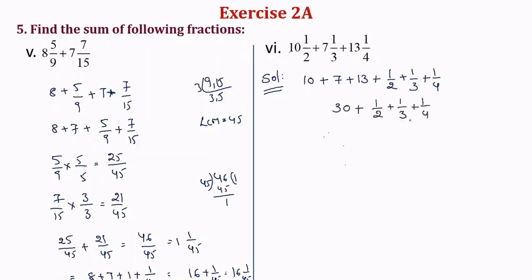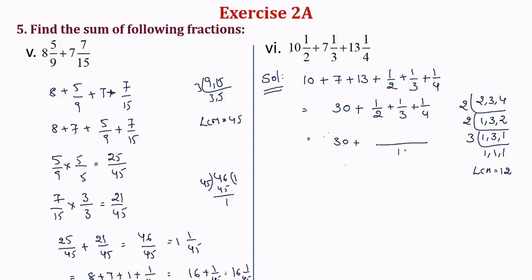Now we have to take the LCM of these fractions, which is 2, 3, 4. These 2 ones are 2, 3, 2 2s are 4. Again by 2, 2 ones are 2 here. Again by 3, 3 ones are 3 here. Now you can multiply 2 2s are 4, 4 3s are 12. So LCM is 12. Now you can write it as 30 plus,